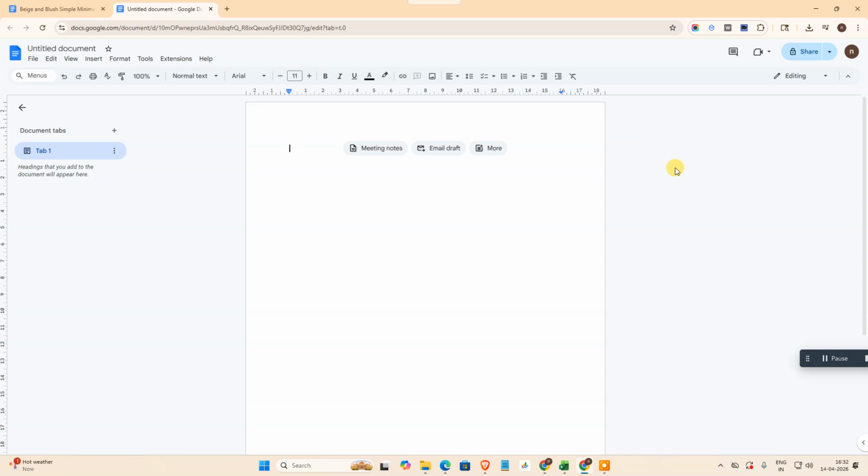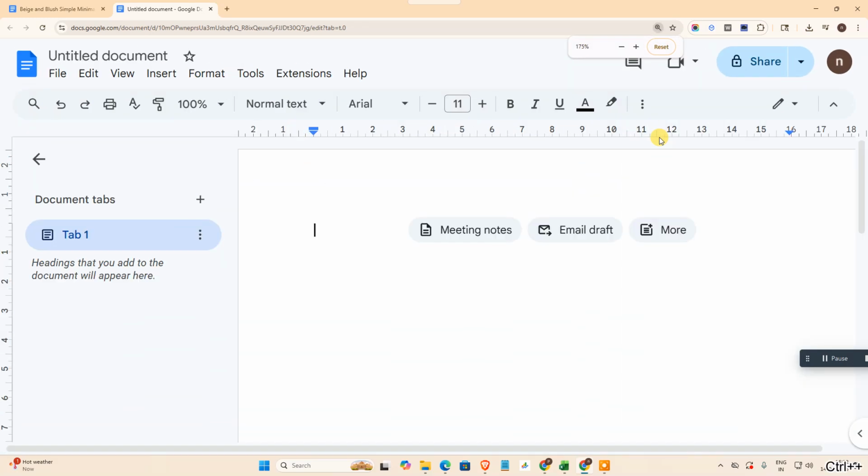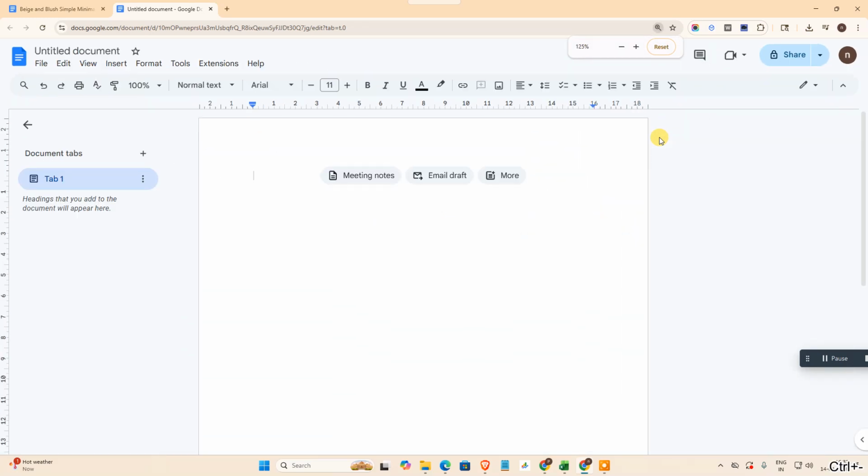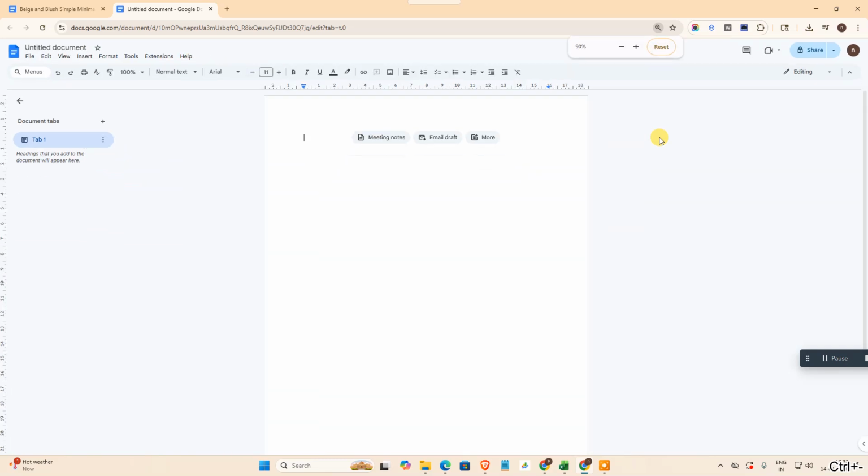If you don't have a mouse, or if your mouse is not working, then you can use the shortcut keys, which are: hit the control button on your keyboard, hold it and press the plus button to make it bigger and the minus button for a smaller toolbar view. Okay,